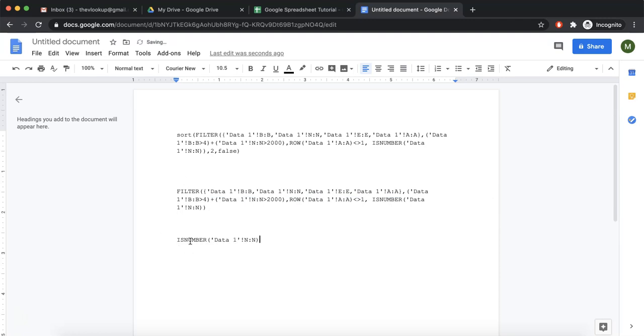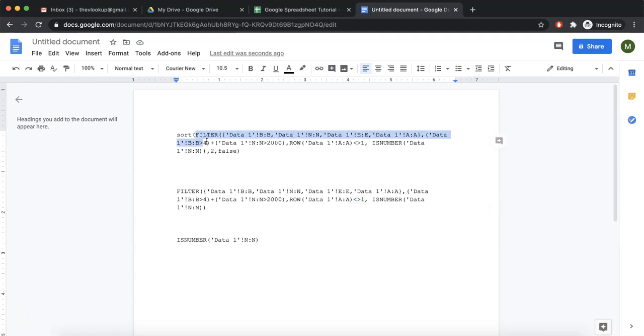Now this is a separate function called isNumber, which takes the input and returns whether it is a number or not. In case of filter, we are using this function inside the conditional logic. Similarly, row is a function that takes an input and returns the row number, and we have taken that inside the filter condition and check if it is not equal to 1.